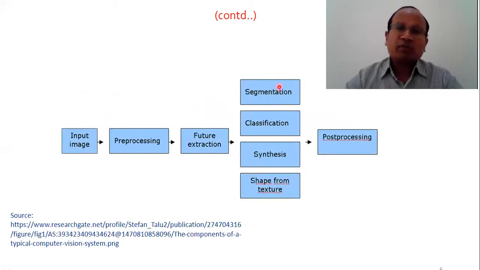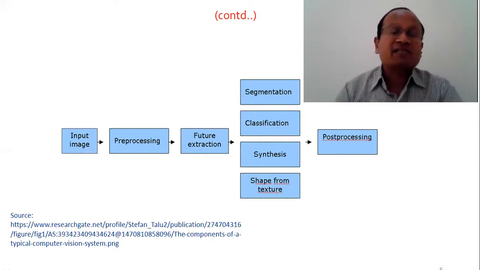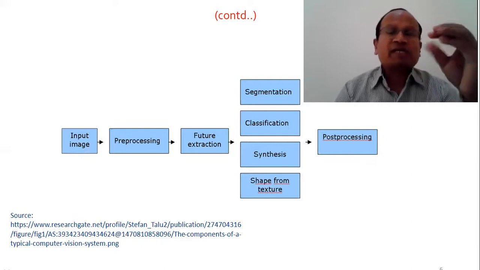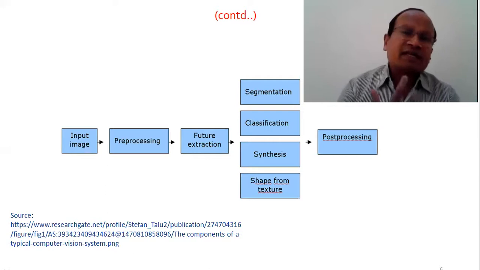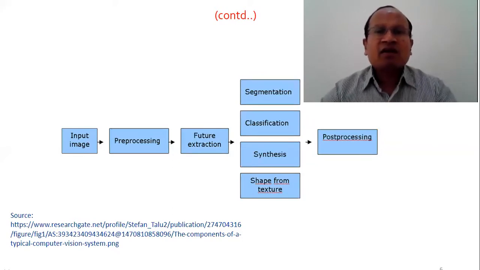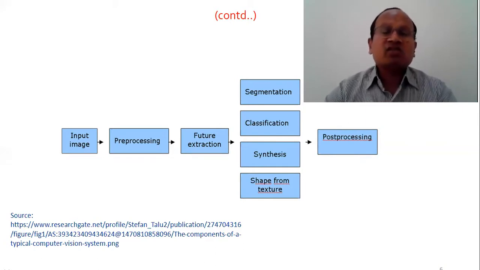So when we discuss computer vision, something which commonly comes into our mind is images. What is common is images and videos. Videos are moving images, moving pictures, and images are static pictures, static images. So whether they're static or moving images, the operations of image processing will also be required in computer vision.